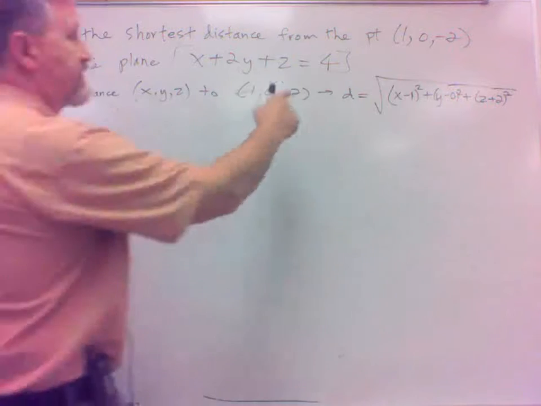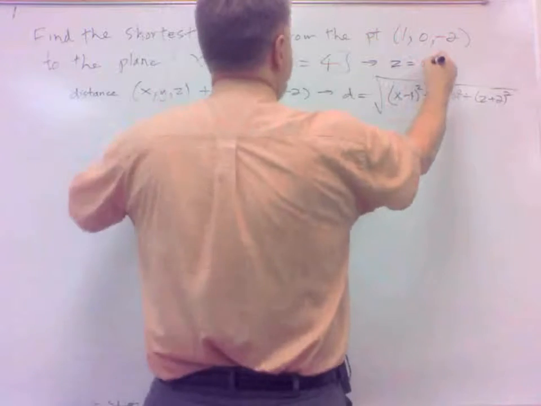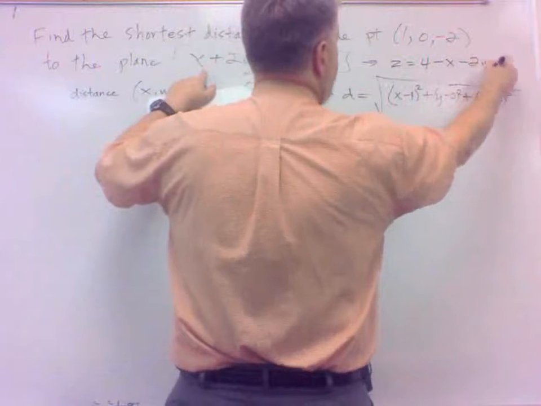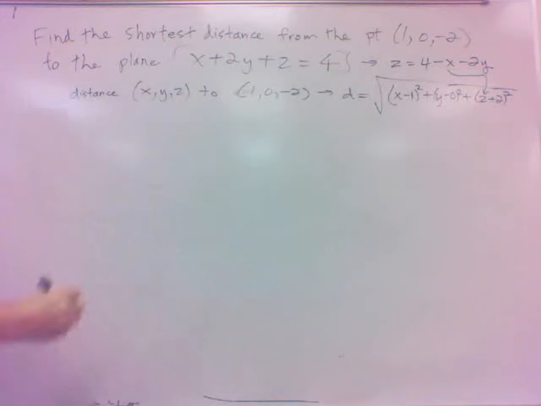If we solve this for z, z would equal 4 minus x minus 2y. Then we can plug that in for z, and we have a function